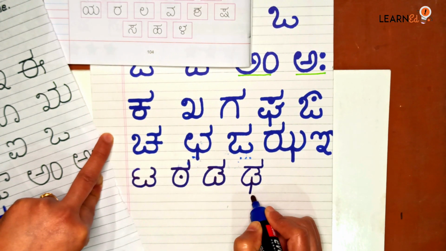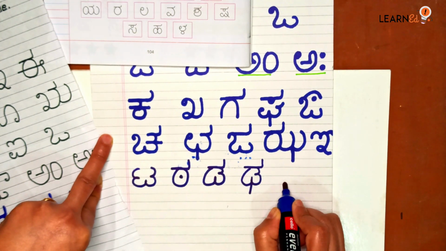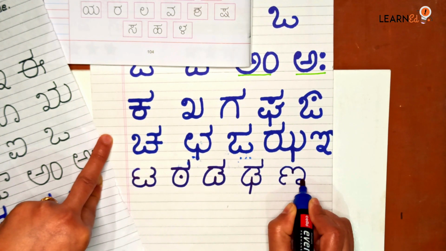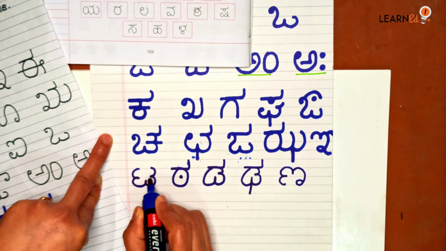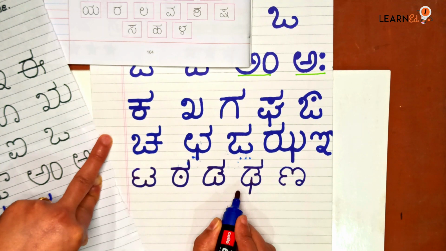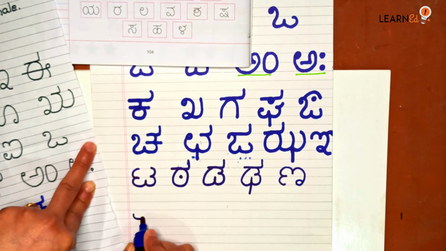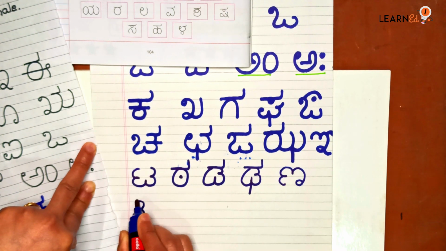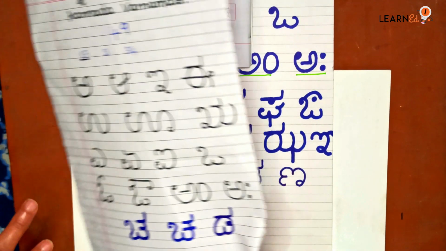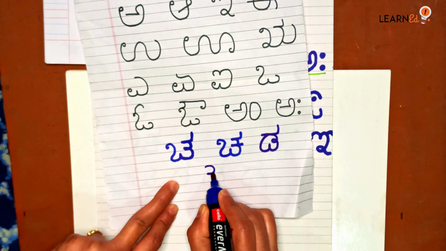We call that Mahaprana. Now na is ulta ta, but 1, 2 and that's it. We don't put it here inside. For ta we have to put, not for na. Ta, tha, da, dha, na. Next, line from down, 1, 2. Easy. Or you can also write from top like this.